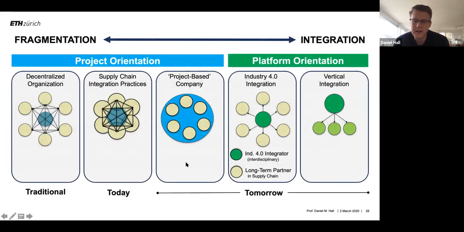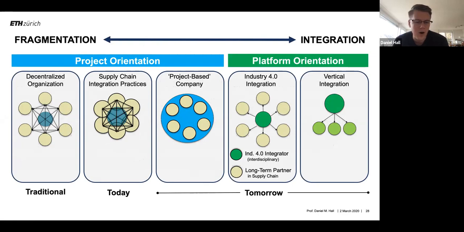And so what that looks like is that you'll have kind of a central company that's the integrator. They're kind of the one that owns the platform. If you think about it with other examples, you might think about it like Apple with their App Store, or maybe something like Airbnb, where they kind of run the rules of the game from the platform, but they don't actually own any of the supply.